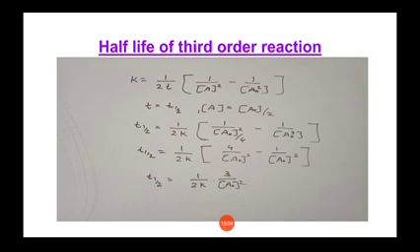And again, from this equation, a question can also be asked as: prove that, remember students, this is a 5-mark question, and this question can also be asked like that: prove that the half-life of a third order reaction is inversely proportional to the square of the initial concentration. Prove this statement. So it can also be asked like this.